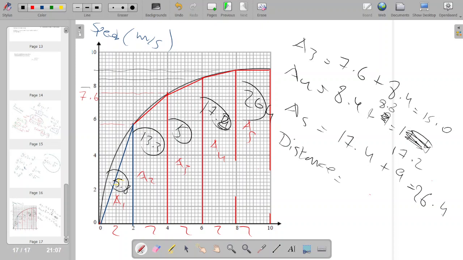So the area for all of them is going to be close to 77.7. It's a total area, but don't forget that all of that area is referring to the distance. So we say that the total distance is close to this, in meters,